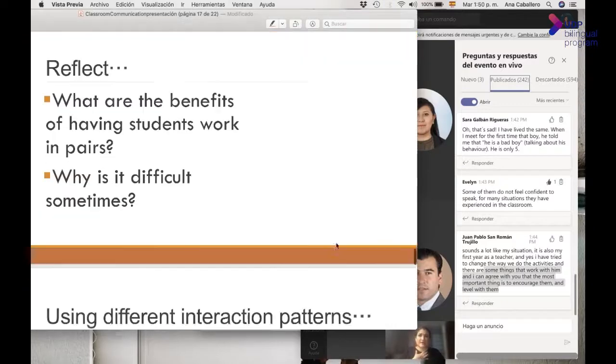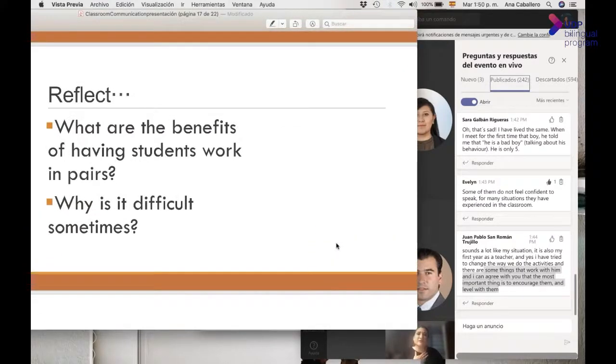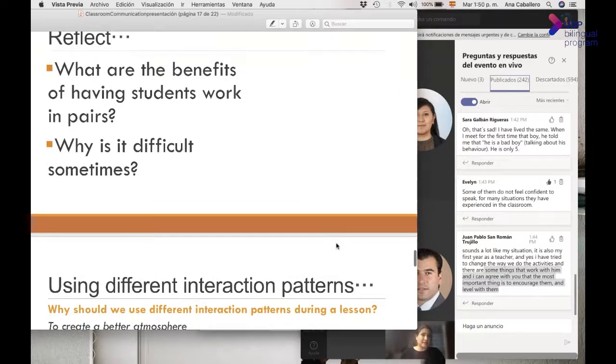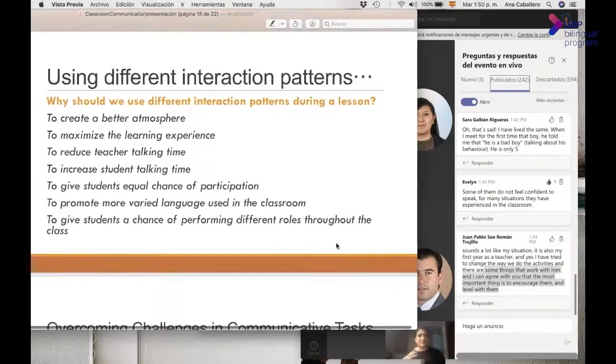Okay, then, well, what are the benefits? This is a question for you to think of, some of the benefits of having students work in pairs and why it is difficult sometimes. Well, we need to move forward. Using different interaction patterns helps us create a better atmosphere. It helps us maximize the learning experience and reduce teacher talking time. I mean, this is a webinar, so it's pretty much me talking